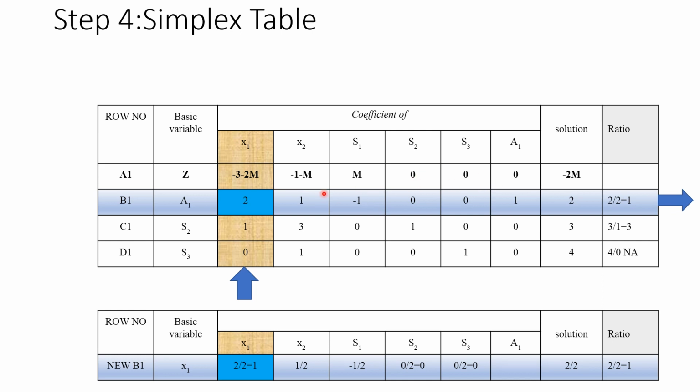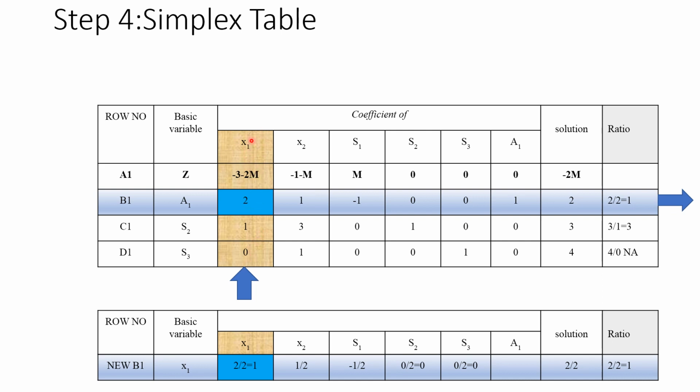Okay, so how can we decide this value is the most negative value? What is m here? So m is a positive number, minimum positive number which you can imagine. Okay, definition of m in many books are written as it is a minimum positive number that you can imagine, or you can say that it is 0.1, you can say that it is 0.0001, so that is your m. Okay, so minus 3 minus 2, so this will be your most negative value, so that will be decided your key column.